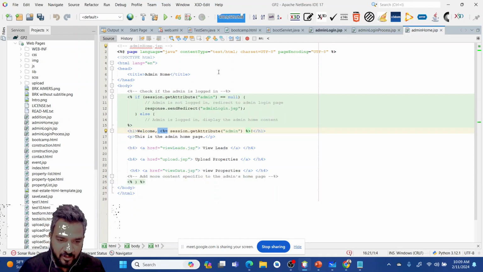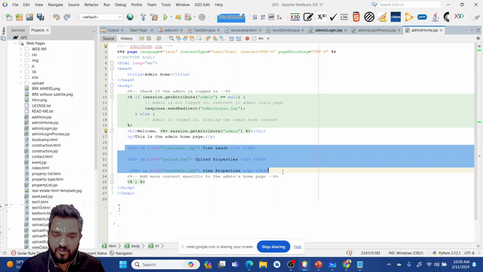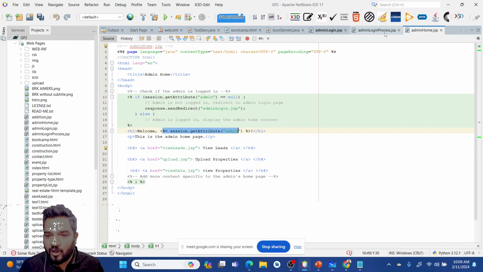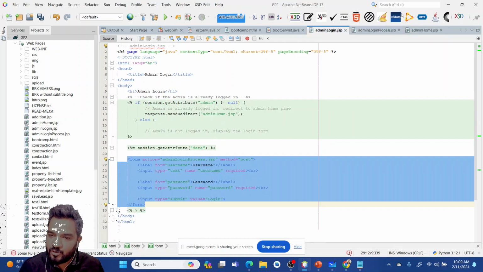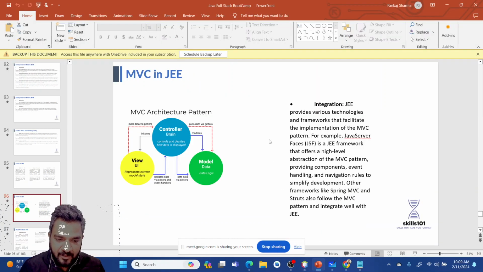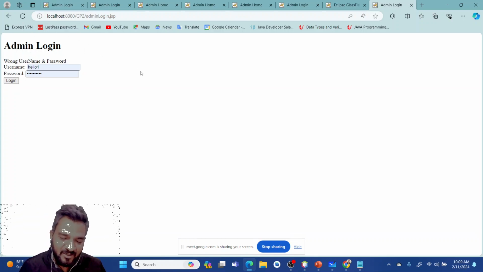Same in this home page, whatever is visible to the user, this view, lead, upload, is your user interface, and the data or this session part is your model, right? And your login process kind of JSP pages that are controlling the flow from one page to another are your controller. So this is a basic example of model view controller. Now this is your view, right? And you can't see the model and controller from a user interface.